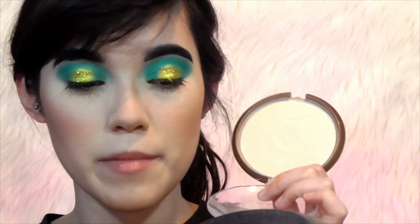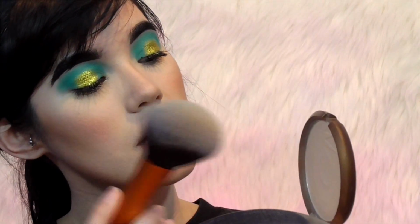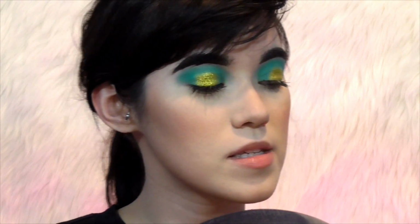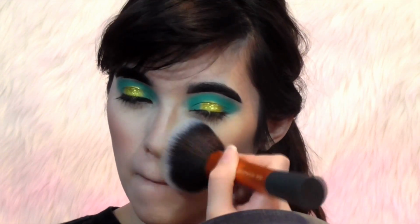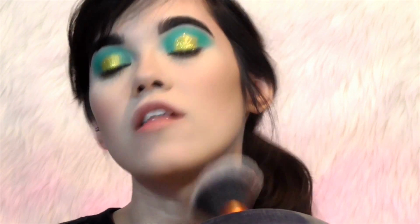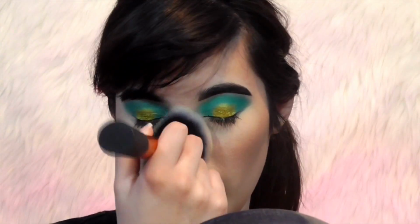Really quick, I'm going to take the Wet n Wild Reserve Your Cabana bronzer, just on a really big brush. I'm going to wipe that all over my face. This has a very pretty sheen to it, and so I like to apply it all over my face for a more glowy